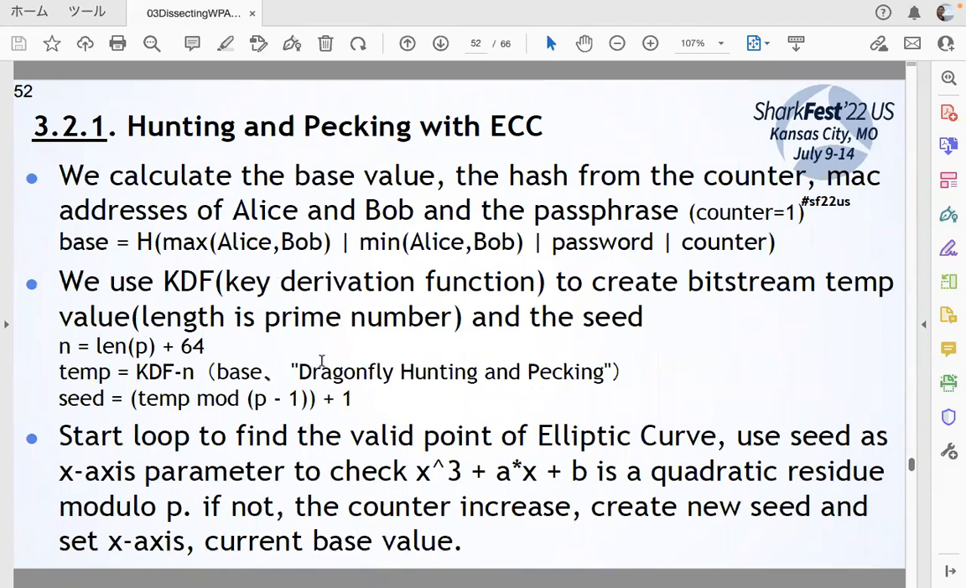At first, it is just a copy of the RFC. We calculate the base value, the hash from the station MAC address, access point MAC address, and passphrase, to create the base value. We use a KDF to create a bit stream, temp value and seed, using KDF functions, and start the loop to find the valid point of the elliptic curve. We use the seed as the x-axis parameter to check this